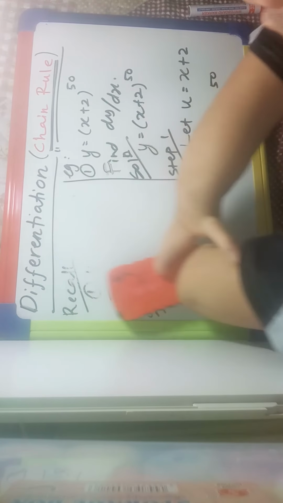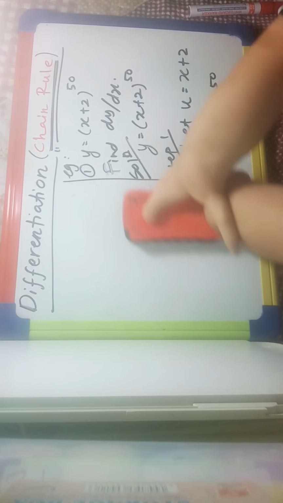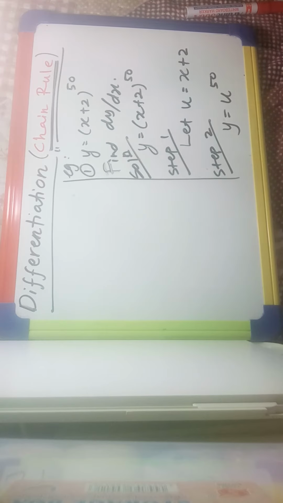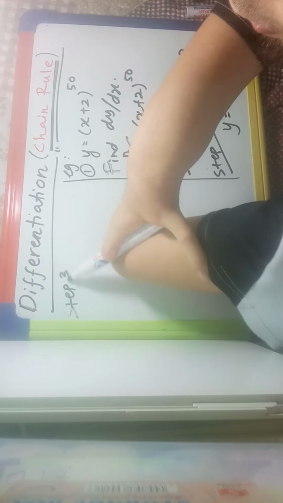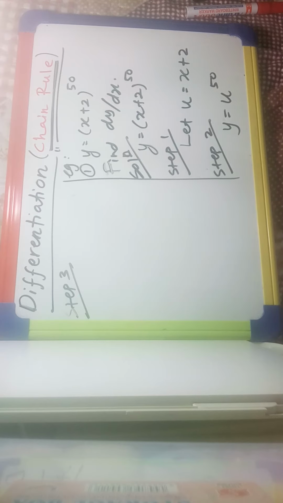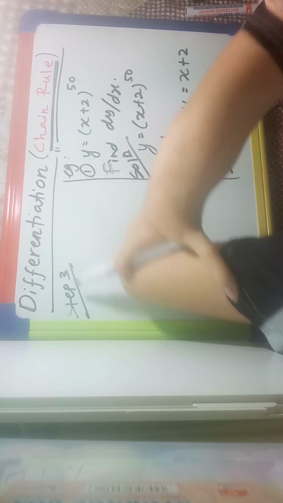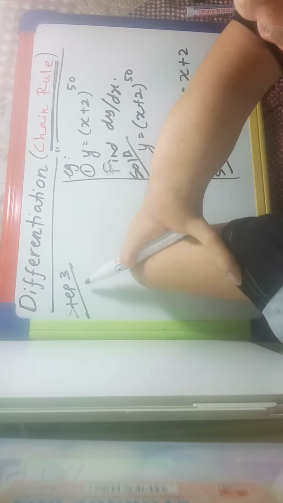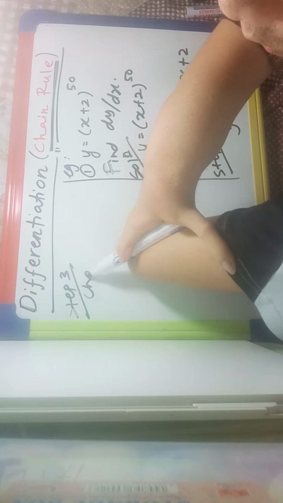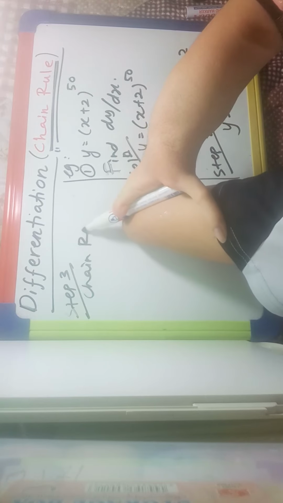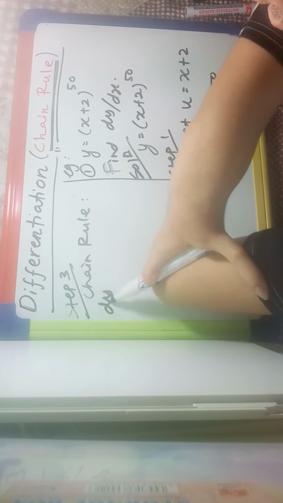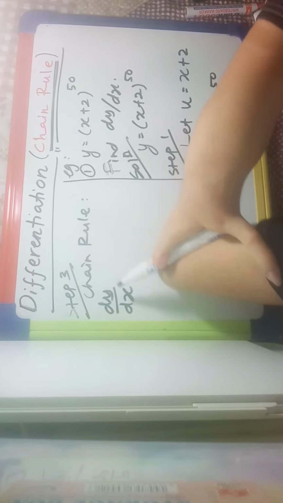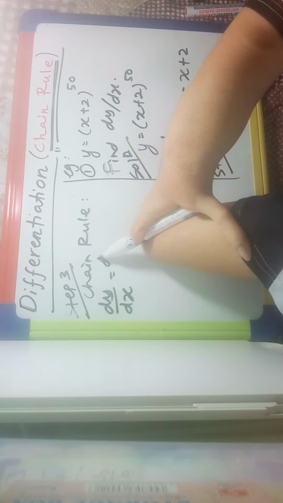Step number 3, after you write down y equals u to the power of 50, you need to apply the formula of the chain rule. What is the formula of the chain rule? In order to find dy over dx,